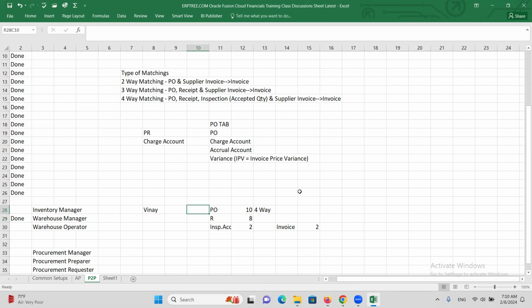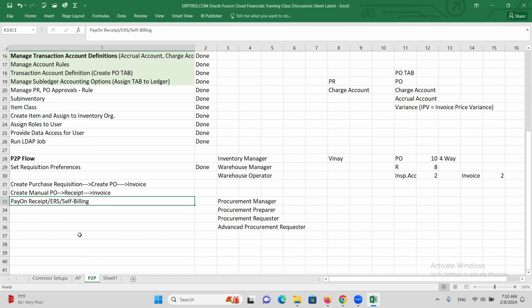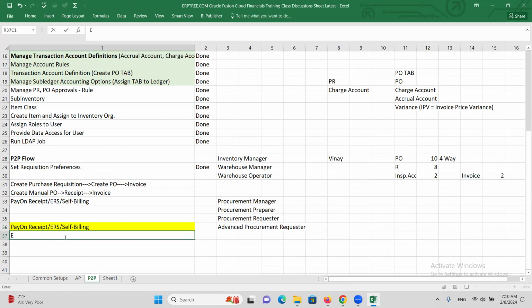So what setups are required to create an invoice in Payables based on the receipt automatically? At the supplier site level, you have to enable pay and receipt. That's all. So if you take this topic, enable pay and receipt at the supplier site,